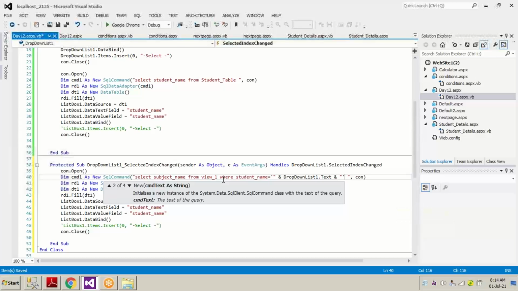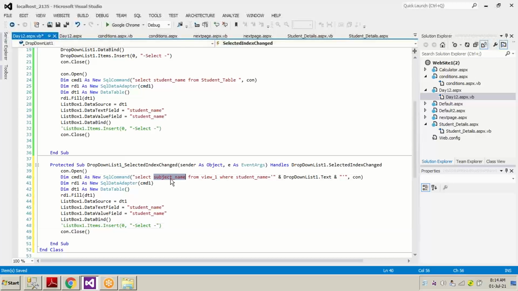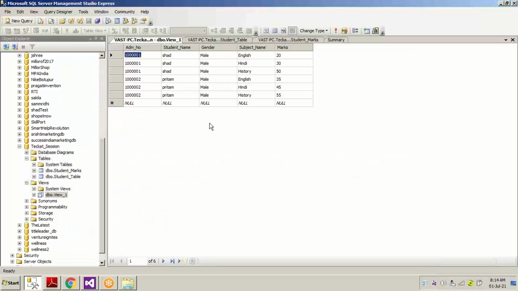So we have written this code. Not from the subject name; instead of student name, we have to write the subject name because we have to pull the subject names. Now let's see. We have English, Hindi, history for Shad. We have English, Hindi, history for Pritam.